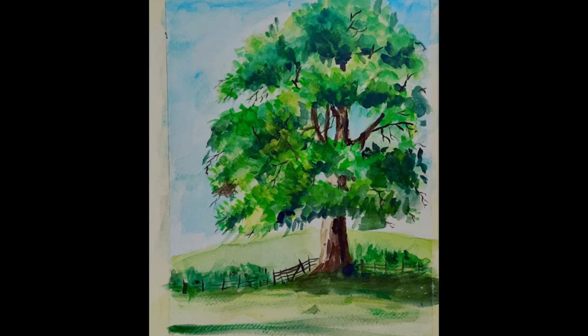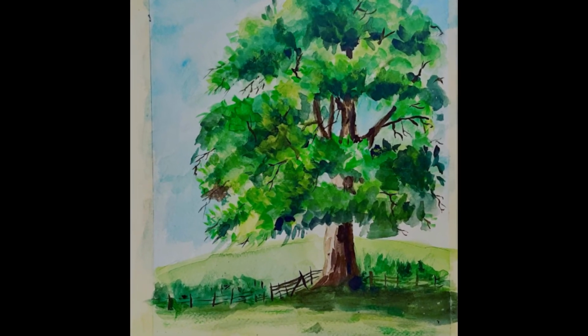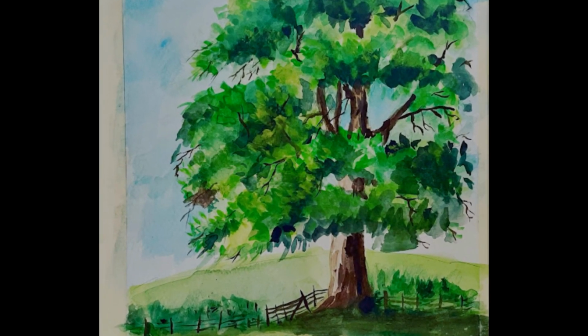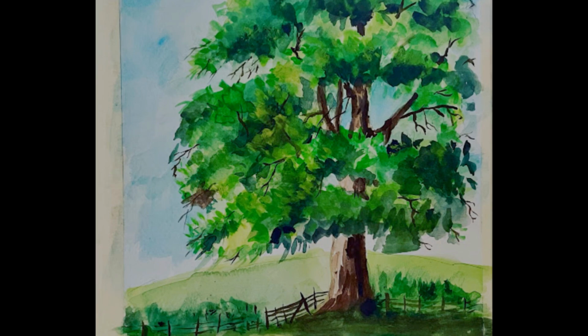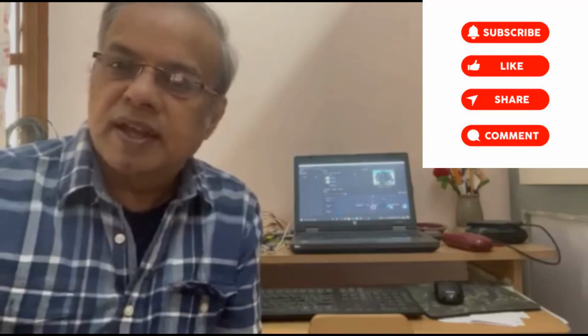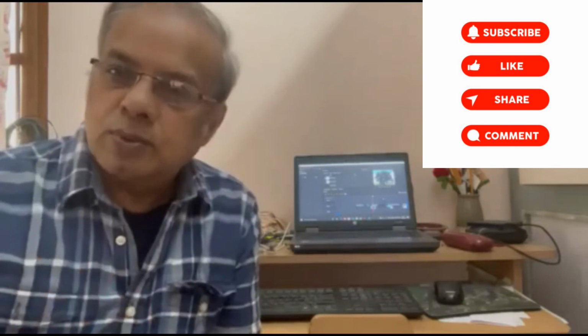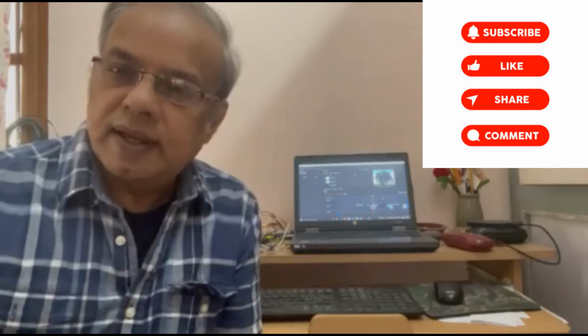And there you have the completed image, the tree with the background of the grassland and the little fence. I hope you enjoyed this session. Do practice whatever we have seen in the video today. It is quite easy, but it does take a little bit of practice to do the light tones, the mid tones and the dark tones, and get everything into one shape. Everything requires practice, so do be patient and do practice this technique, and I'm sure you can